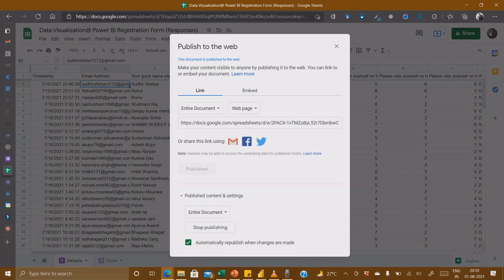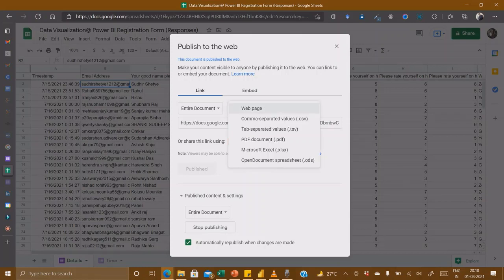You can publish the entire document whichever way you want. You can publish it as a web page, a comma separated values CSV file, tab, PDF, and all. I have actually put it as CSV, comma separated values.